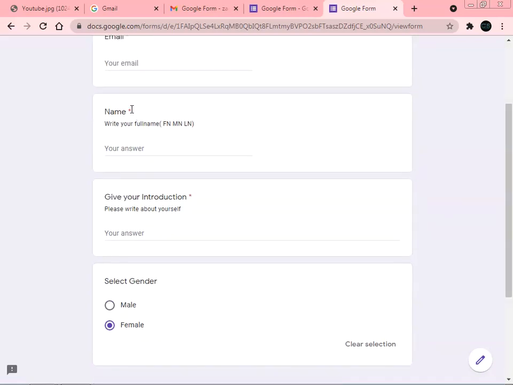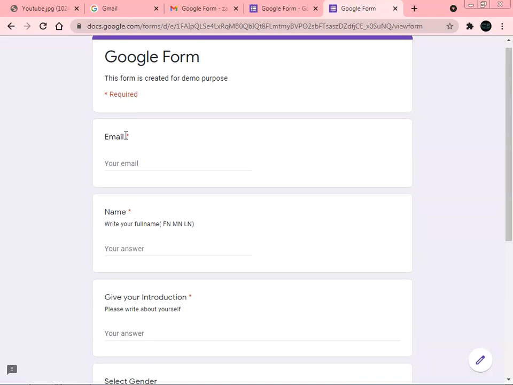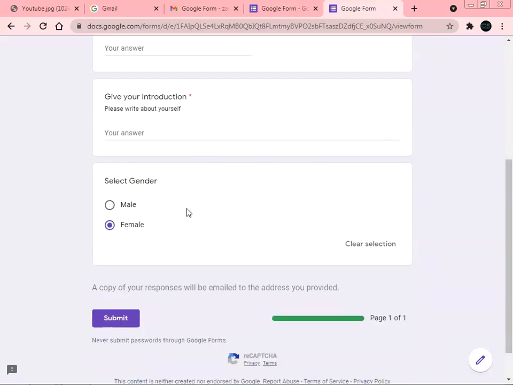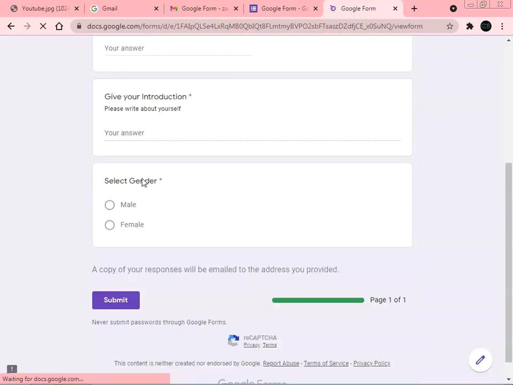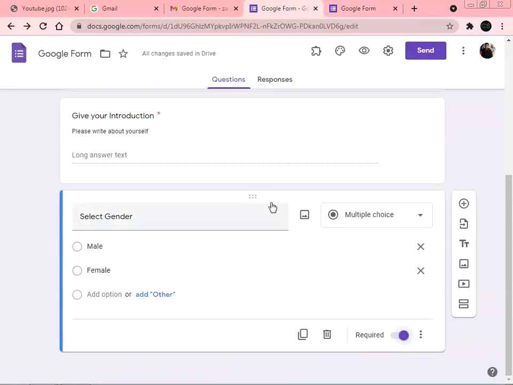The red mark indicates that we must enter this field. Initially we didn't make it required. So now we are going to make it required. So now we will get this star mark next to select gender. This means that this is a compulsory field which we have to enter.